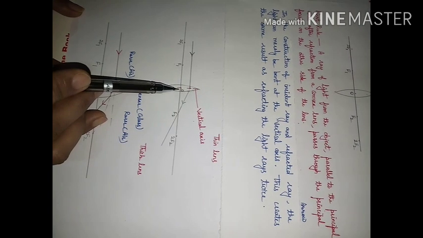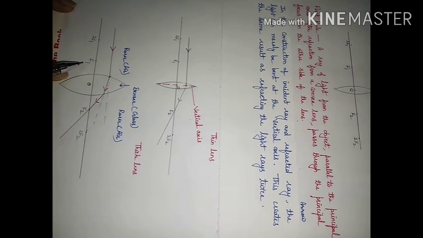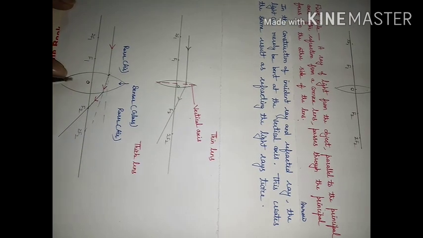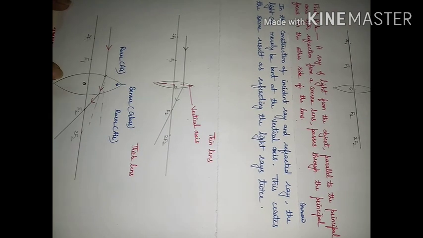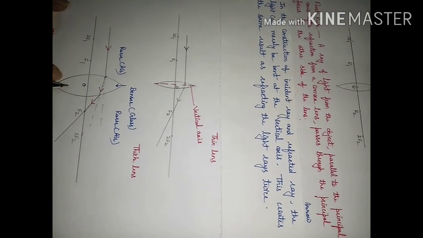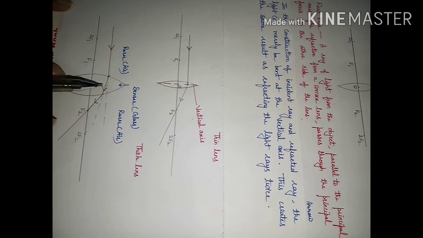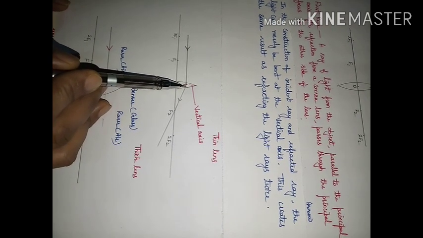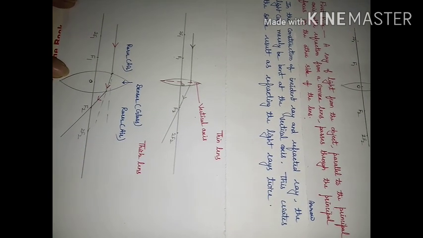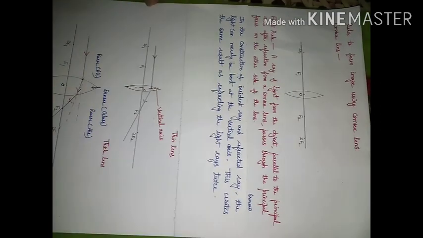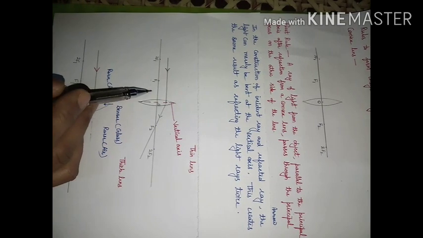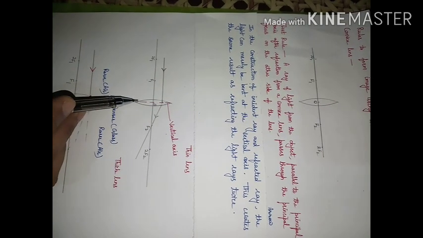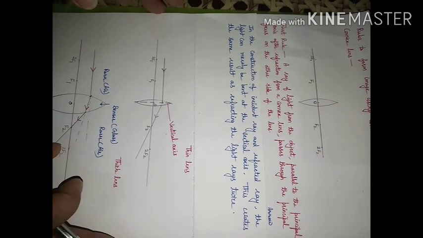They are with this diagram, but how the actual refraction takes place through a convex lens, you can understand with this diagram. When you draw a ray diagram, you will consider this. This explanation is for a thick lens. For a thin lens, total bending they have considered at this point only. So when a ray of light is parallel to the principal axis, then after refraction through a convex lens, it passes through the focus.